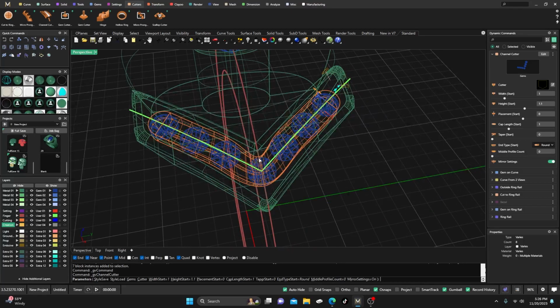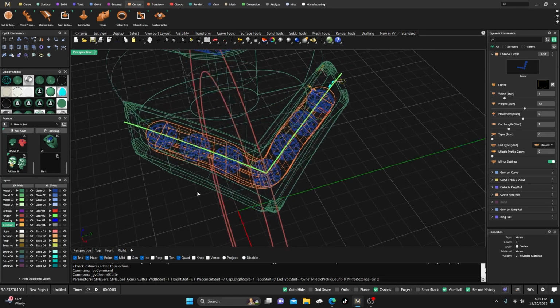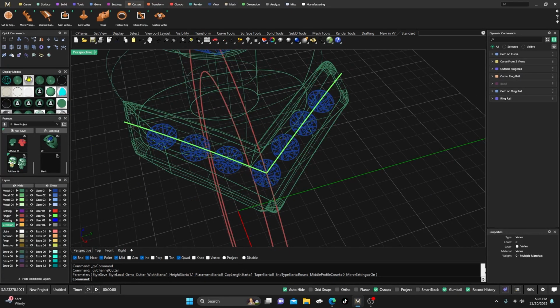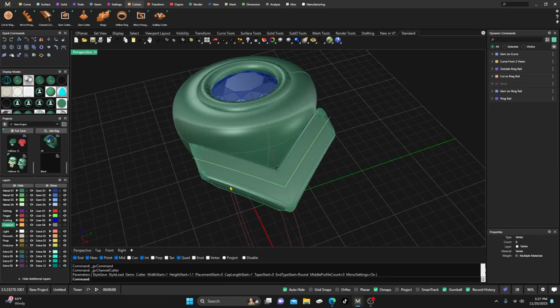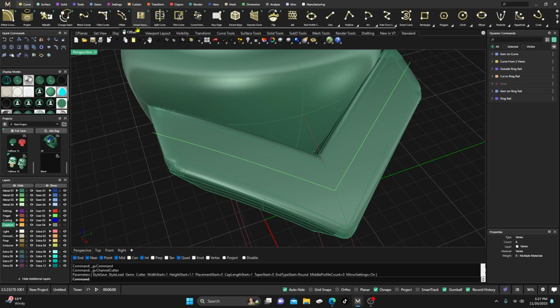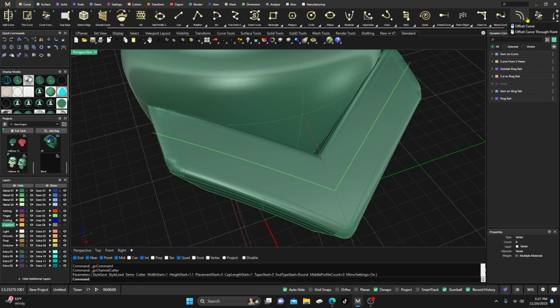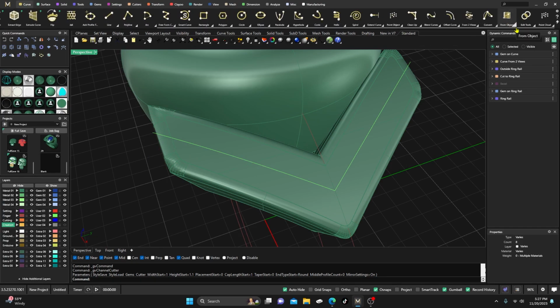Yeah, see, it gets real hinky right there, right? So that's probably not going to work for us. So let's go back to our shaded here. Well, before we do that, let's go to our curves, go from object,